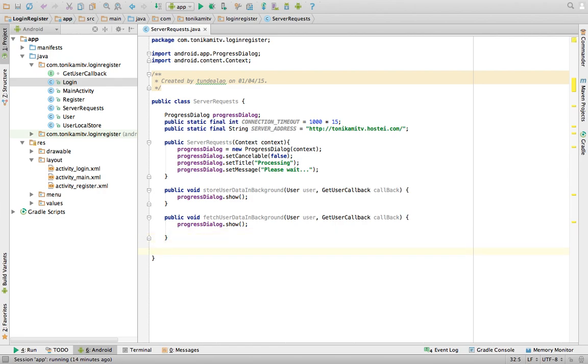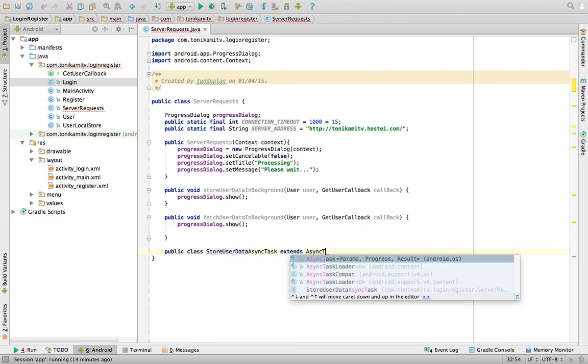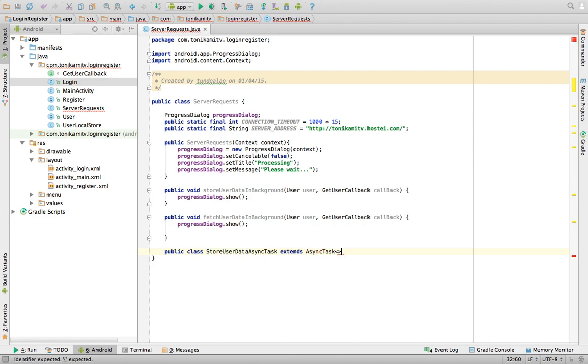So now we actually have to start the background task, and on Android the background task is called an async task. So to do this, it's public class, and then you name your async task. I'll just call this StoreUserDataAsyncTask, and this has to extend AsyncTask like that. And okay, so this has to take a Void, and Void means we're not sending anything to this